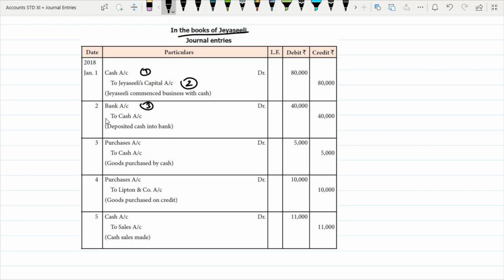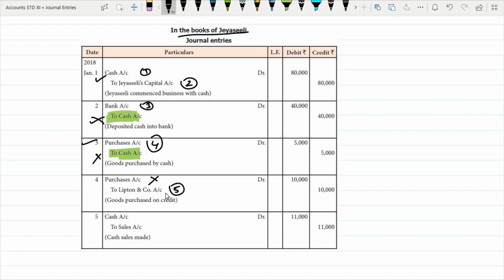Now this is very important. Look at this. Now cash account is already created here, right? So again, we do not create it a second time. This ledger, we do not create a second time. So this is not to be created. Again, purchase. Has it been created here? No. So the fourth ledger. Again here, cash is already created. So we do not create cash ledger again. Purchases has been created in this case here as fourth. See here. So this is also not to be created. Lipton and Company account. This is to be created.